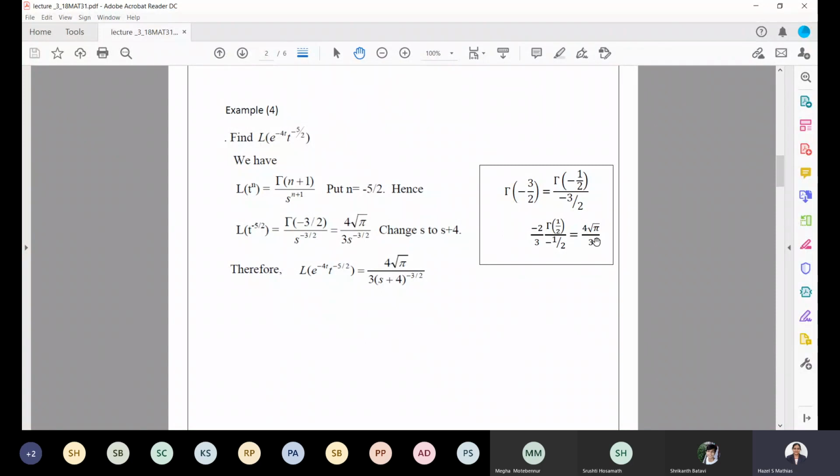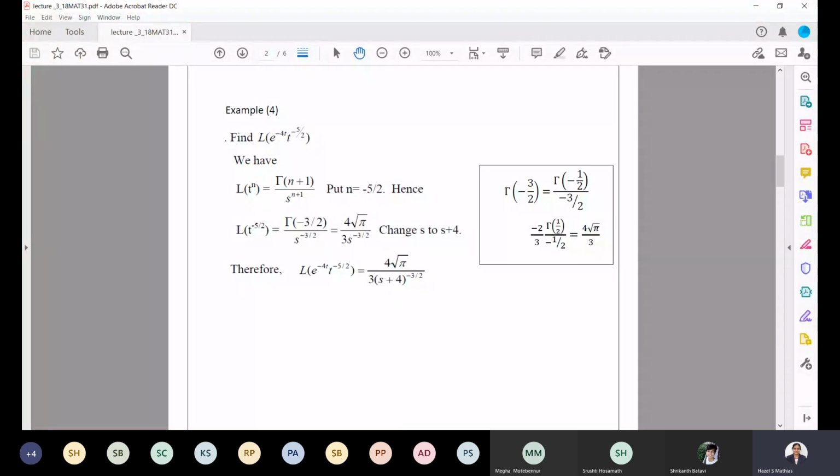Please go through this. If you have any doubt, you can contact me. But before asking any doubt, go to the previous semester and learn about gamma functions, how we get these gamma functions. Learn that properly. Then you will be able to understand how you have got it. The simple concept used here is the gamma of n plus 1 formula. Gamma of n plus 1 can be written as n gamma n. That is the formula which is used over here. I hope this is clear. If anybody has not learned the gamma functions, please go and revise it once again.